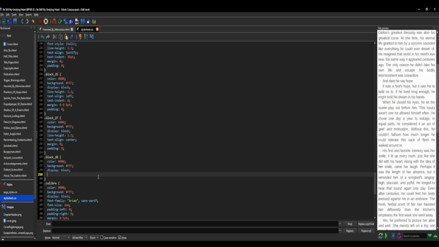They are important to CSS if you've never used it before. Next, we're going to text align, justify, text indent 0, margin 0, padding 0, float left,